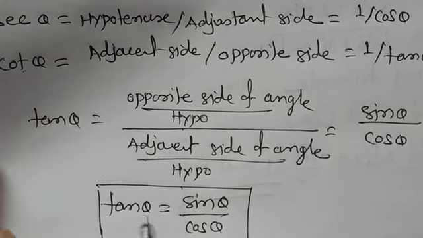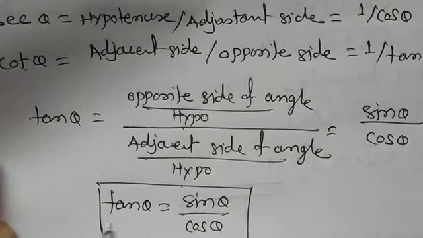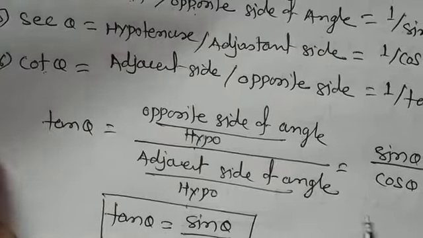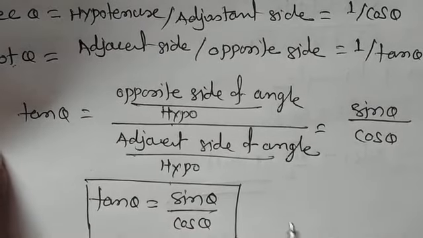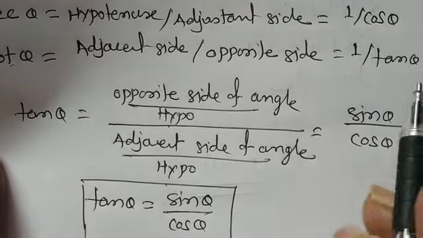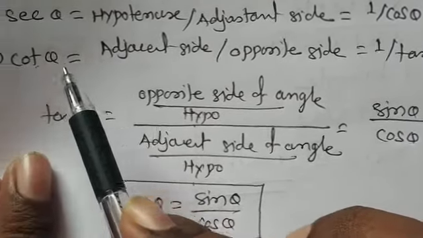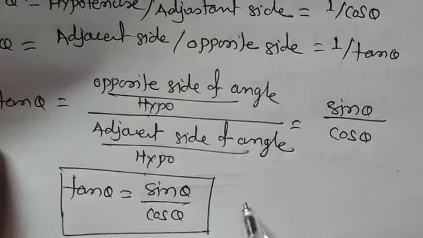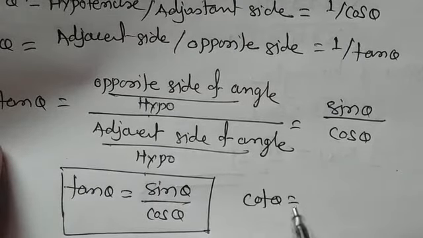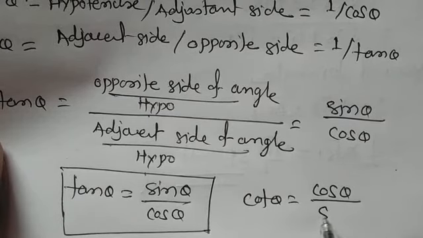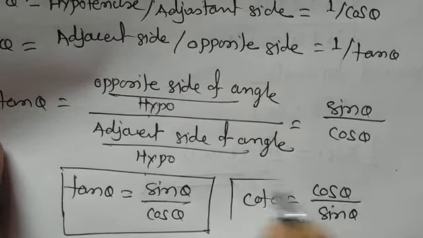So when I say that they are flexible, now check it. You can write tan in terms of sine and cos, and vice versa. Cosec, you can write as 1 by sine. Sec, you can write as 1 by cos. Cot, you can write as 1 by tan. So cot is the inverse of tan. That is, cot theta is equal to cos theta upon sine theta.